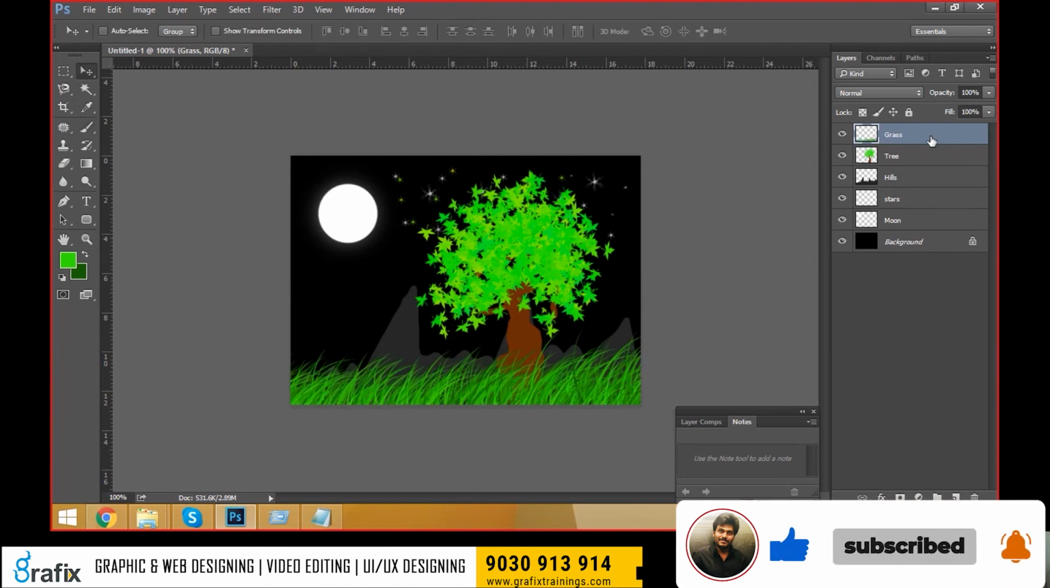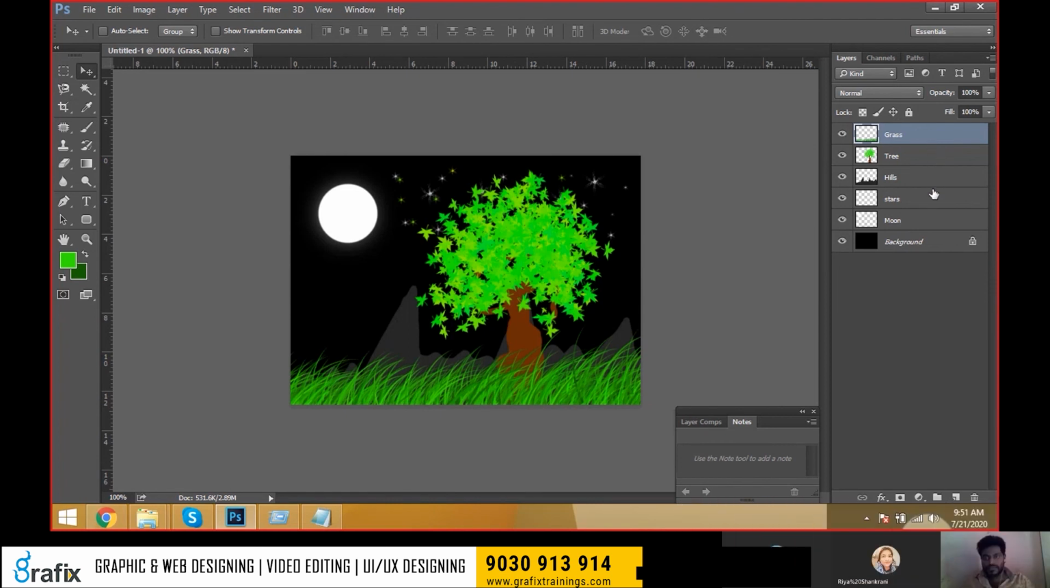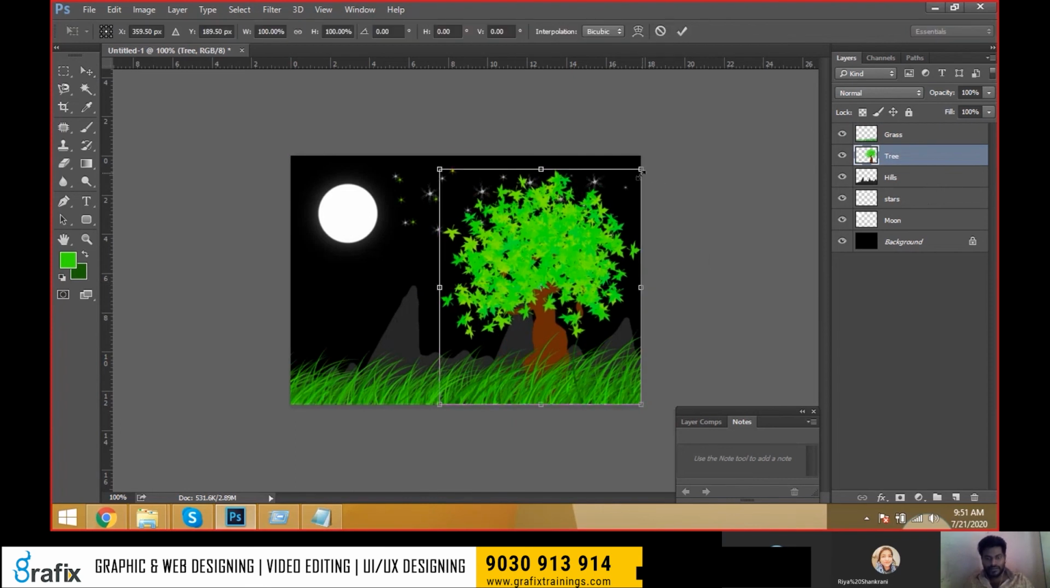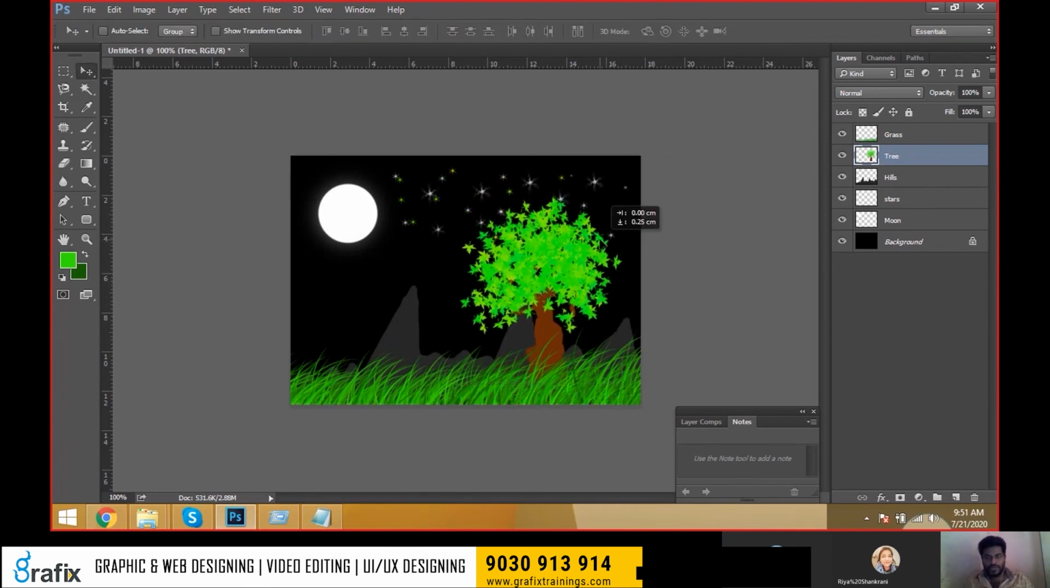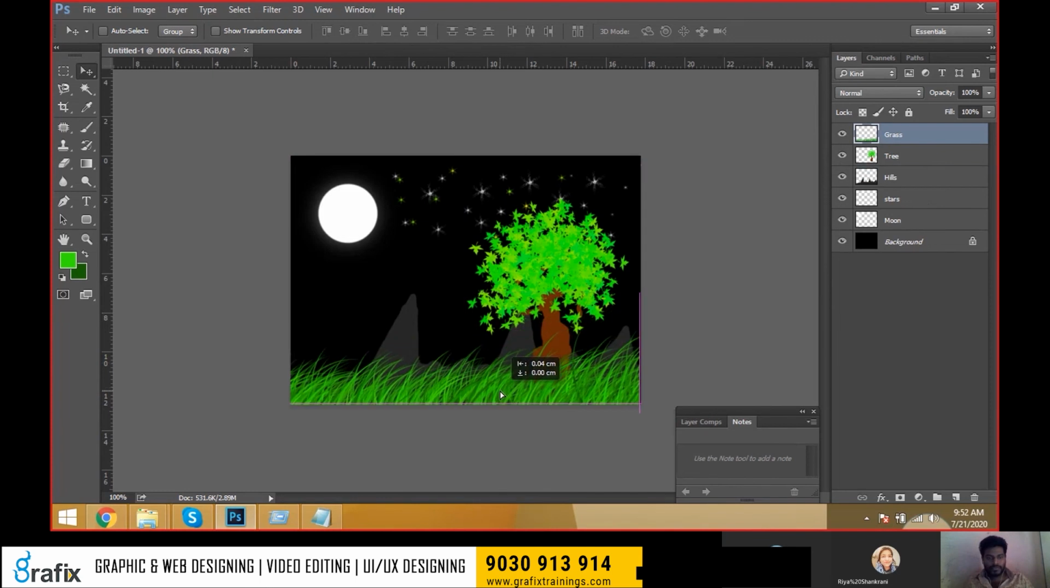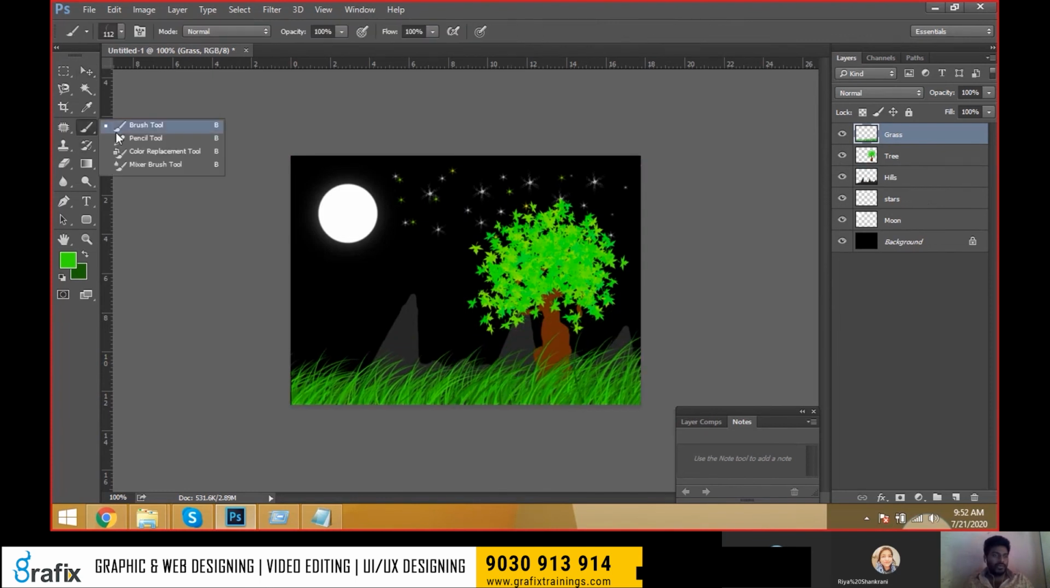Now these are the different objects. Why have we taken this many layers? We can customize it, we can move it, and we can transform it. We can move it, we can transform it, and we can place it like this. Okay, and come to the pencil. What the pencil will do, if you need any